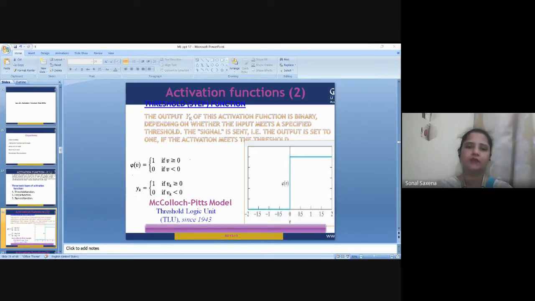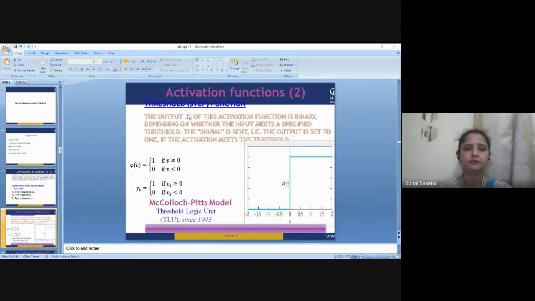Now, if we talk about the value range of this tanh function, it is -1 to +1. The nature is non-linear. Then what are the uses? It is usually used in hidden layers of a neural network as its value lies between -1 and 1. Hence, the mean for the hidden layer comes out to be 0, very close to it. And hence it helps in centering the data by bringing the mean close to 0. This makes learning for the next layer much easier, right?